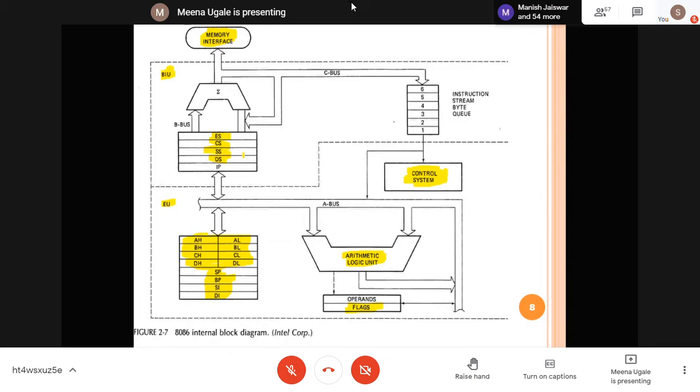These four registers are the major part of the segmentation concept provided with the 8086. In the operating system, you will study paging and segmentation. The same concept is provided here. When you write an assembly language program, you use these different segments. It's quite easy to write once you understand what these segments are designed for. We will see that diagram next.